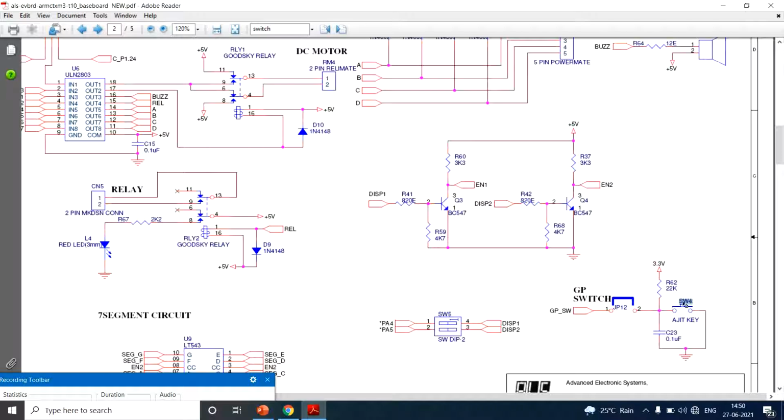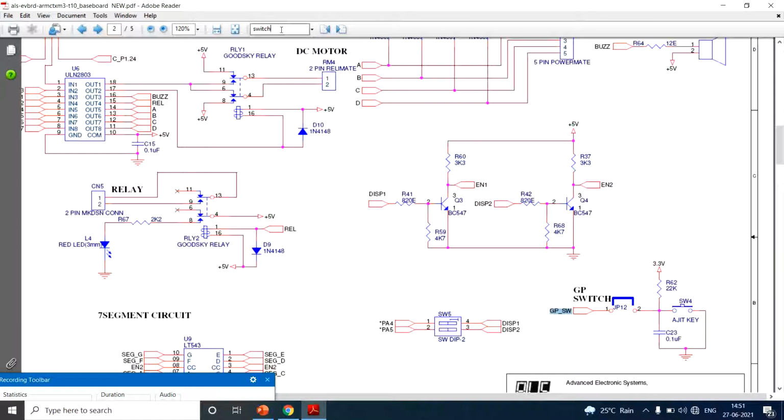You are supposed to press this. When you press the switch SW4, the below circuit, that is with the capacitor, will be closed. Now the current starts flowing through GP12. Then the current comes at GP_SW. Correct? So now I need to find out where this GP_SW moves on to.